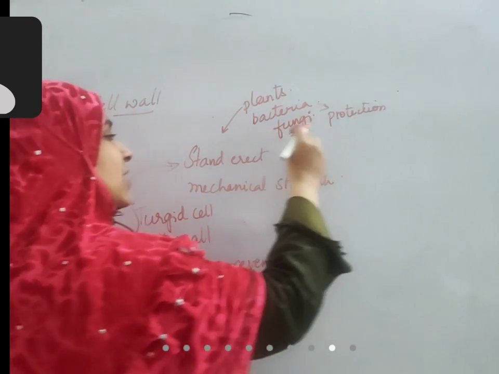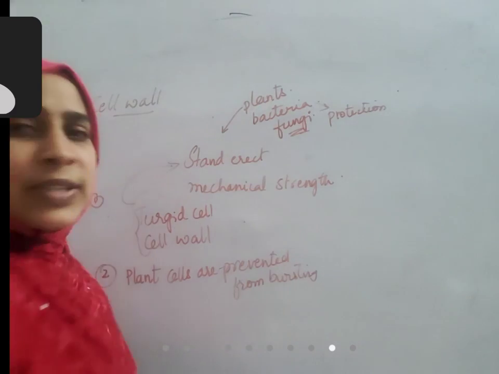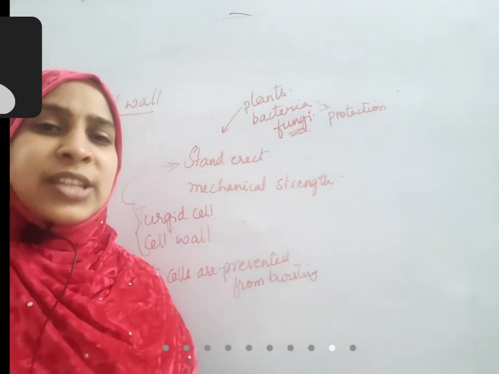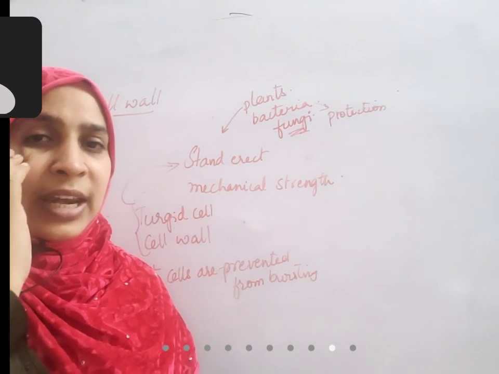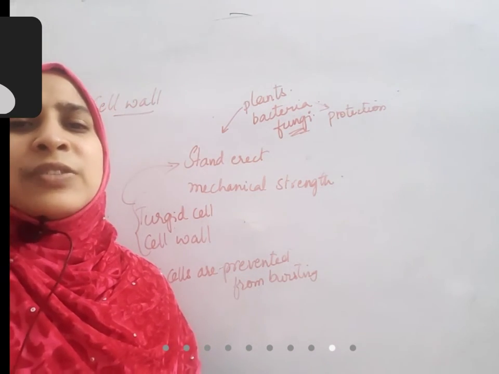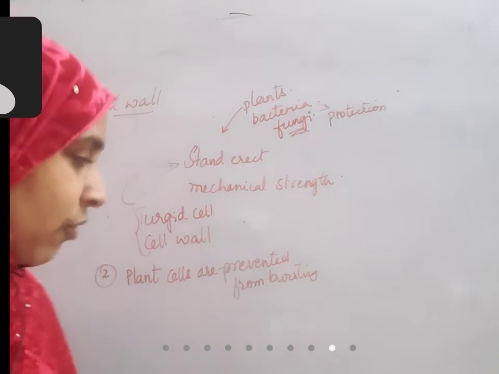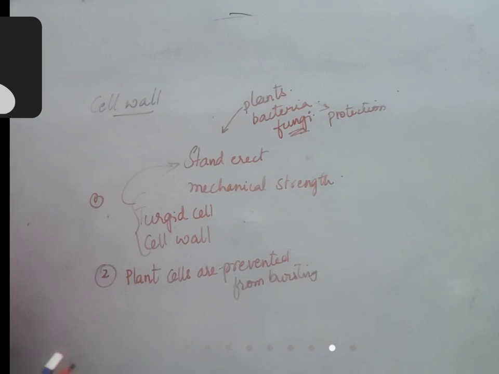Why fungi have cell wall is the same reason why plants have cell wall. Fungus also stands straight. There is no skeleton inside. They need to stand erect. They need to prevent themselves from bursting. All these reasons are there why fungus also have cell wall. Okay,